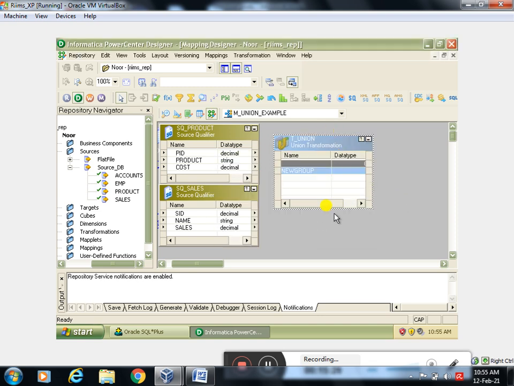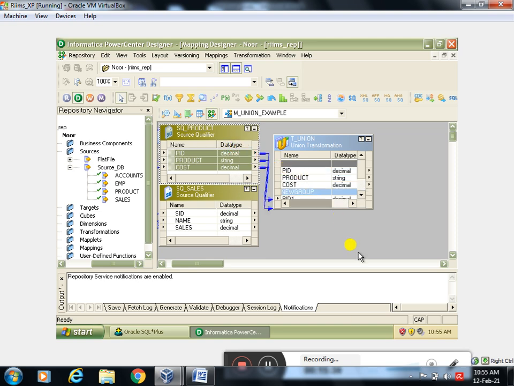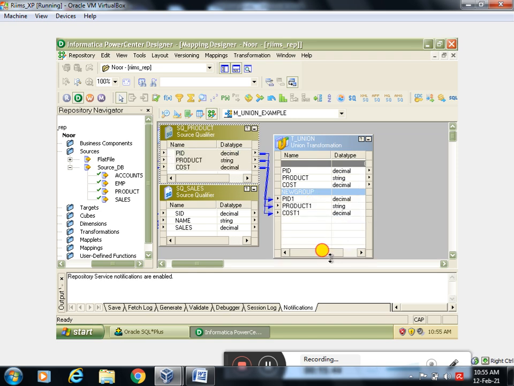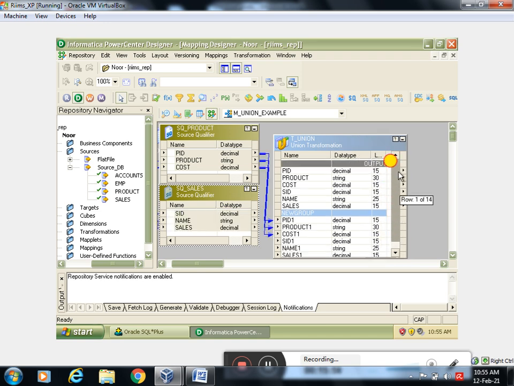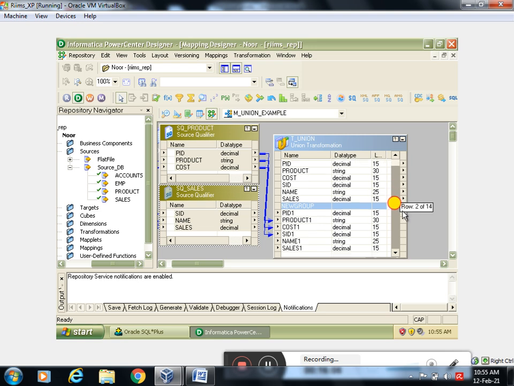Now I will drag my first product details, select all, and pull all these columns to my first group. Next, second table, I will pull all the columns here like this. Right, so I selected the product details and sales details here.